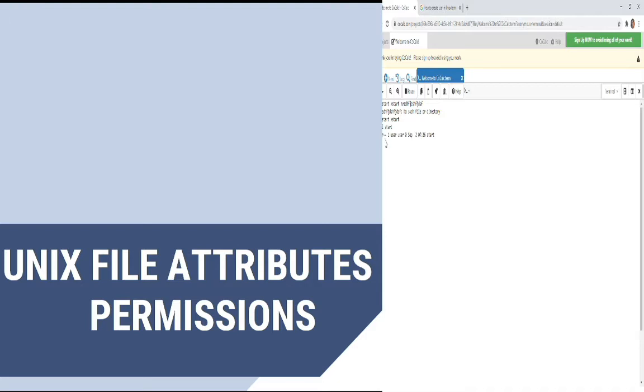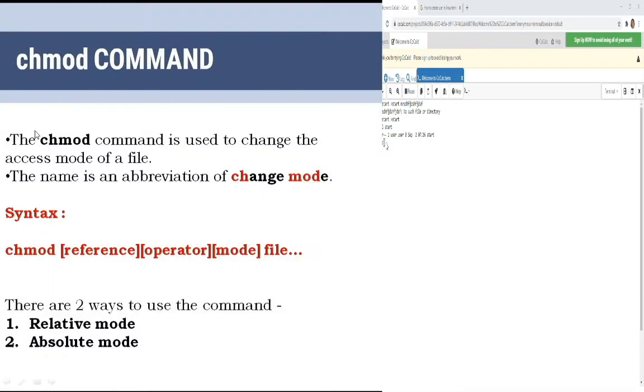If I want to change the permissions for the others, in that case I have to use the chmod command. The chmod command is mainly used to change the access mode of a file.